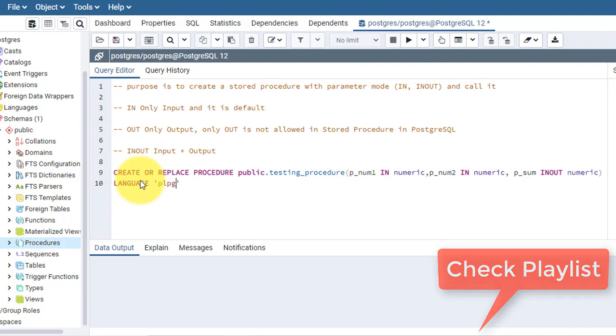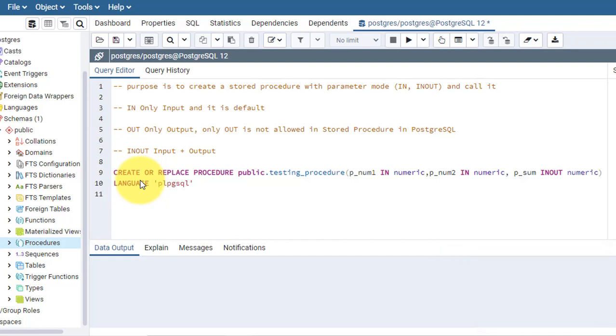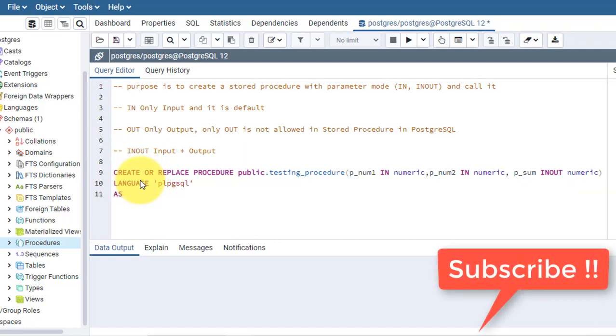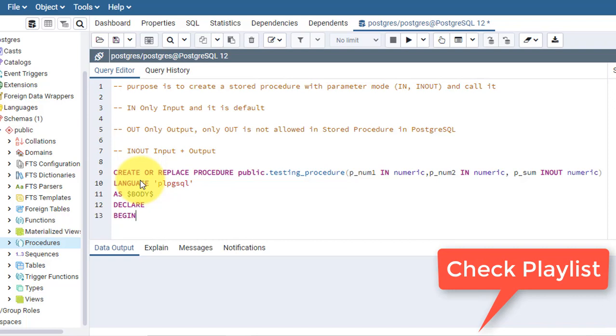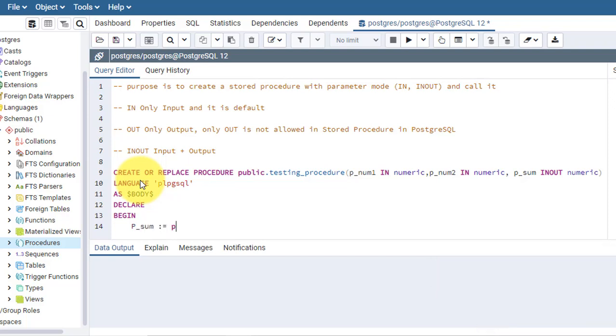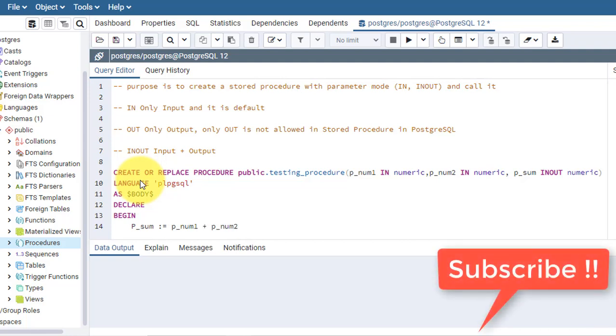Then I'll mention the language of it. Language is plpgsql, and then I will write the body. Then declare. Because here I don't have any declaration, I move to the begin block. Then what I do: p_sum, I will assign the value p_num1 plus p_num2.